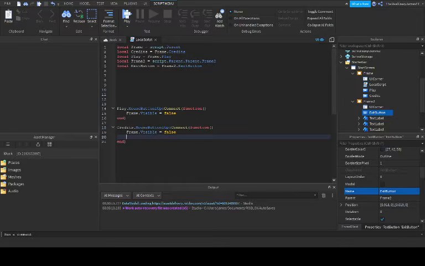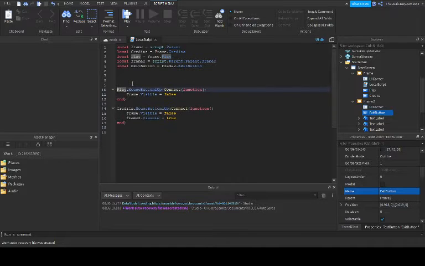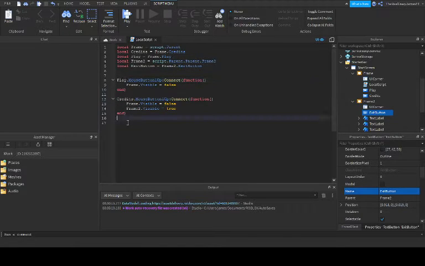So once you click the credits button, it's going to do frame.Visible equals false, so it won't be visible to anyone. But then it'll also do frame2.Visible equals true. Wow. And there you go. That's really all that is to that script. And then we're gonna have to do it one more time. So if I just put that up there so it doesn't look crappy,